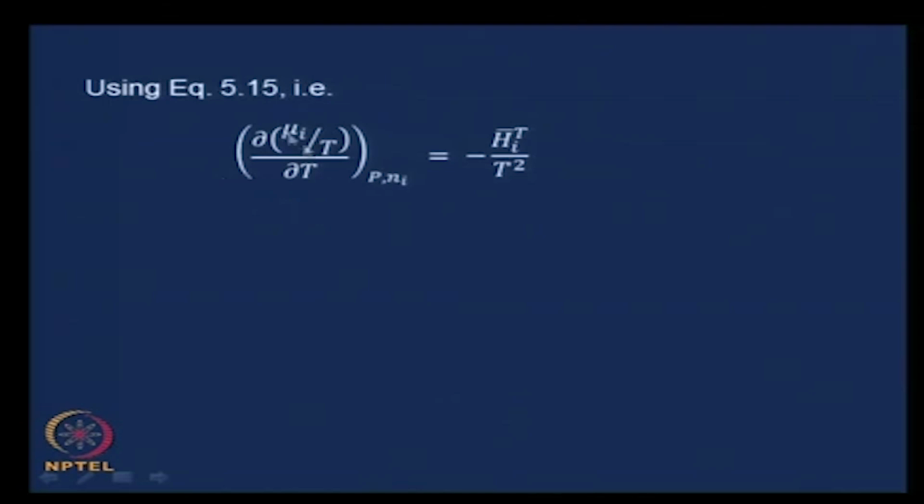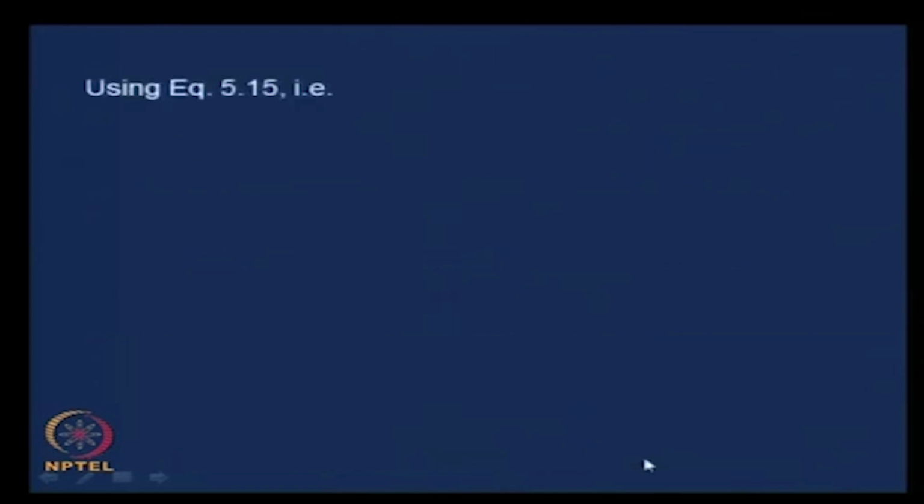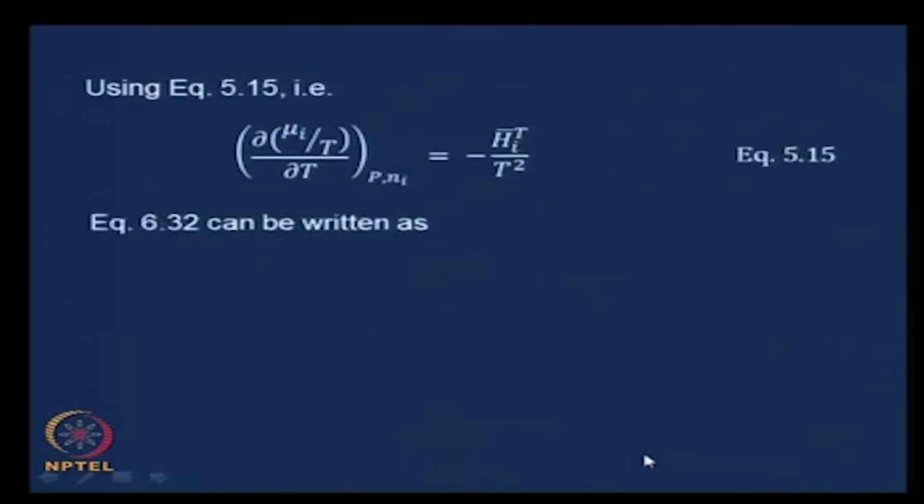So, on one hand, from equation 515 we have ∂(μ_i/T)/∂T at constant P and n_i equals minus H̄_i/T², and as a part of this equation we have ∂(μ_i/T)/∂T at constant P and n_i equals d/dT of (μ_i°/T). Therefore, since the left hand sides are equal, we can equate the right hand sides, and therefore 632